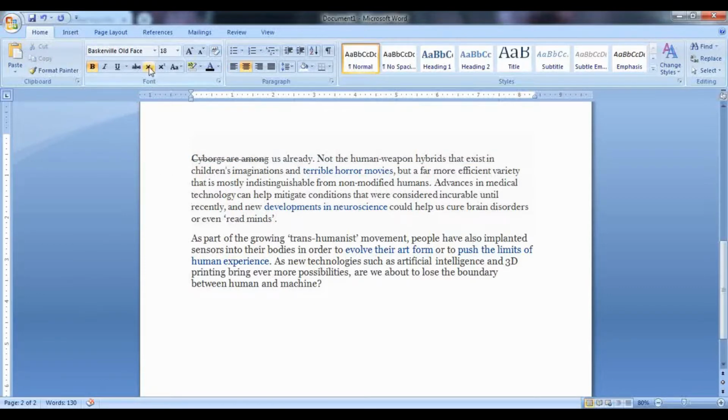Then you have the options to write the subscripts and the superscripts. Now what is subscript and what is superscript? As you can see here, X and then 2 is written in the base. So in the subscript, the text which will be written later on will appear at the bottom of the text which you write first. Whereas in superscript, the text which you write later on will appear on the top.